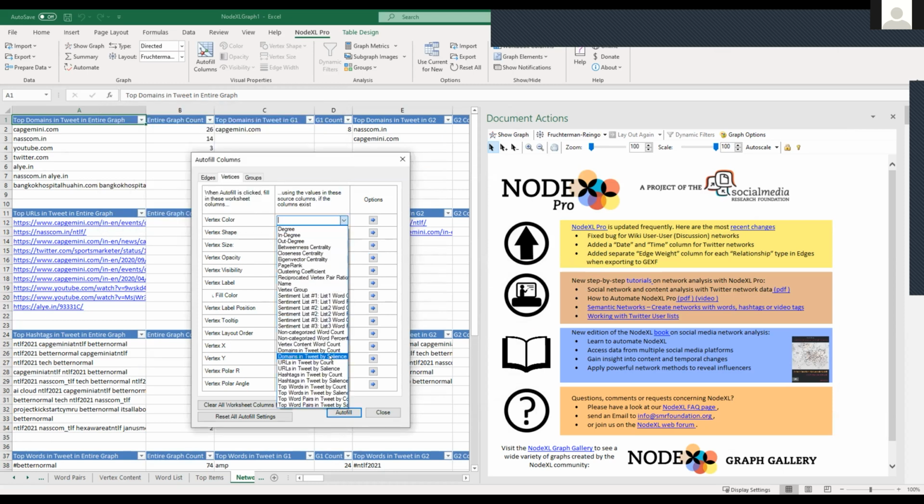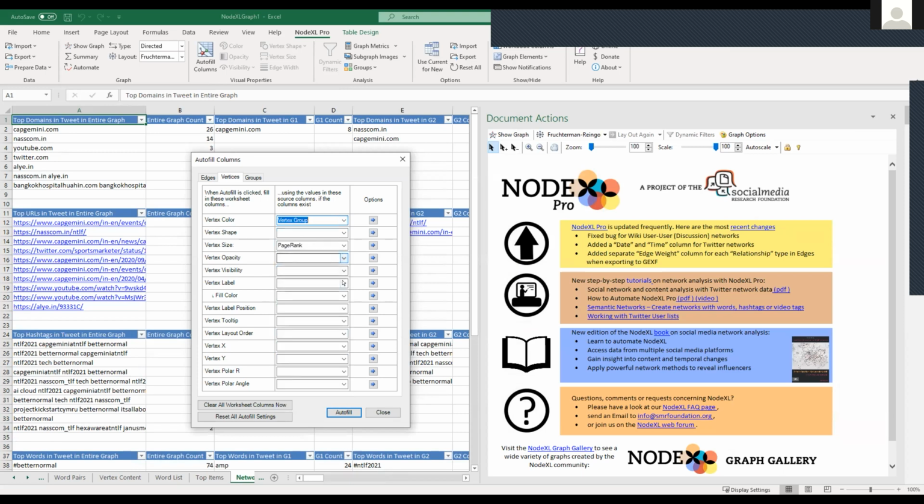Vertex color, this is usually most useful if it's the group, so that lahat ng kasama niya sa group, same color. So that's what I usually do for that. Vertex label, it will put in the name, but for me that makes it a bit medyo magulo, so I usually don't do that. But you can put the tooltip like that, vertex tooltip, para when you hover over the graph later, you'll see kung sino yung mga nodes na yan.